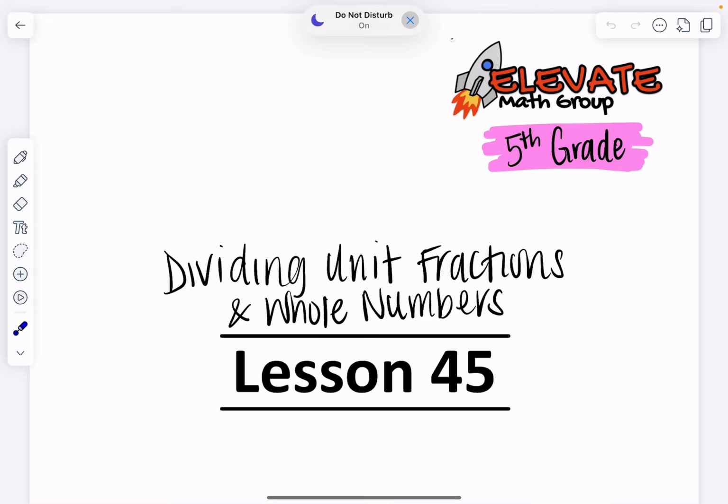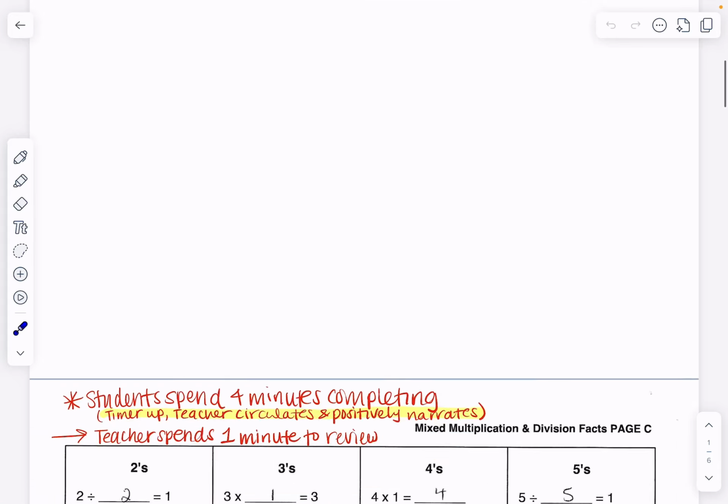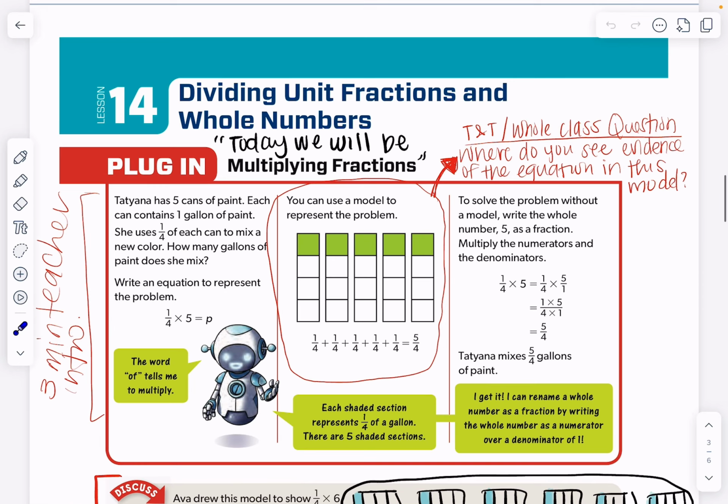Everyone. Today for our 5th grade Elevate groups, we will be working on dividing unit fractions and whole numbers. So you are going to spend the first 3 minutes of the class on your introduction, specifically paying attention to how equations match models. So if we're doing 1/4 times 5, the way that I would say that to students is